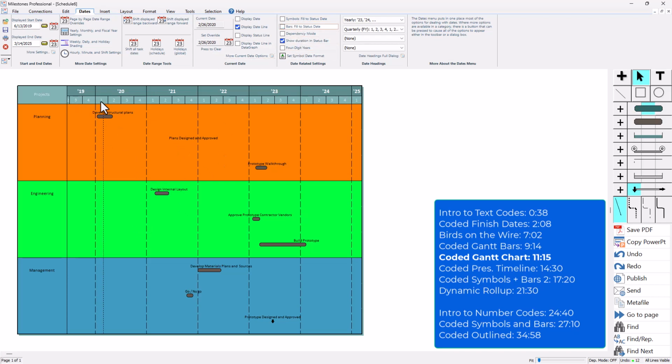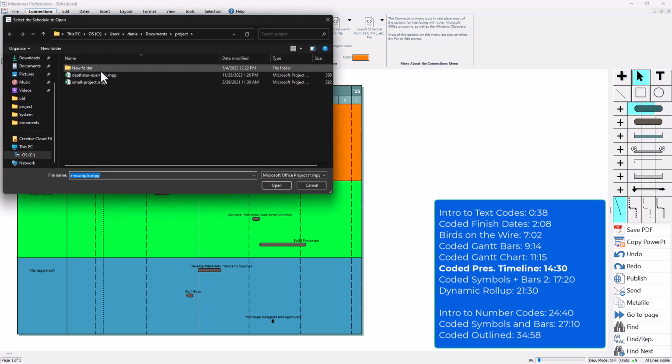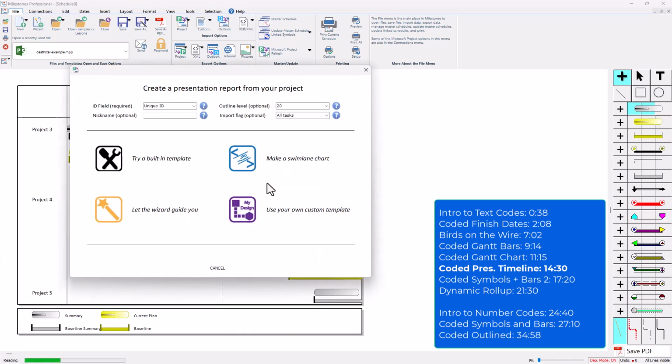It'll just kind of have the regular bar with no smaller bar on the inside. Okay, I'm going to move on to the next import option, which is Coded Presentation Timeline. I'm going to go to the Connections tab, Create Report from Project, choose that same project file, press Open, and make sure I have unique ID set, outline level 20, import flag is set to all tasks. I'm going to choose Make a Swim Lane Chart,